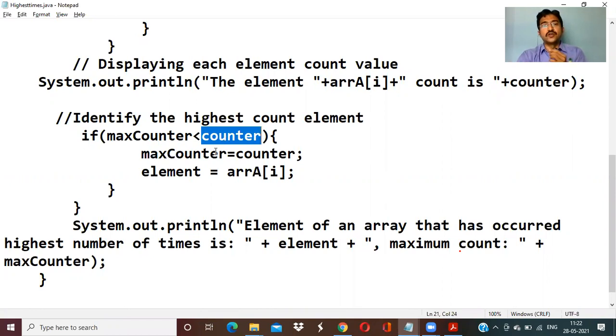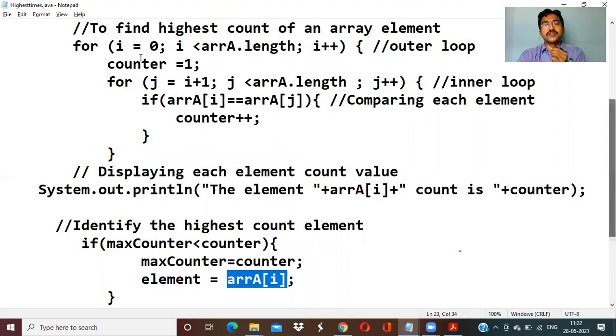True. So max counter is replaced with counter. Previously max counter is 0, now replaced with 2. Which element got the 2? That is handled by element equal to array of i. Where i has stopped, that i is 0. So the element at the ith position is now the highest count currently, for the first iteration.